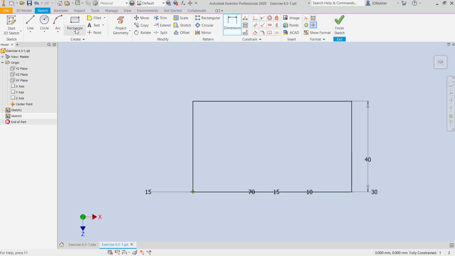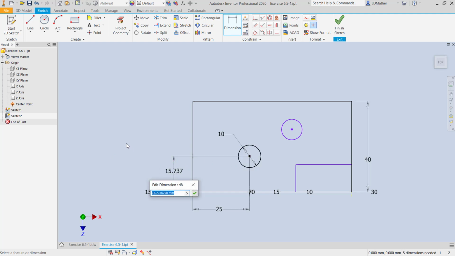And then I'm going to draw another rectangle from this point over here, about like that, and I'll draw a couple of circles in here. So I'm going to draw a circle about right here, and I'll draw a circle about right here. I'll then dimension one of these circles, and I'll put in a diameter of 10 on that circle, and then I want the location of that circle from here over to here. I want that distance to be 25, and then for the distance from here up vertically, I want that distance